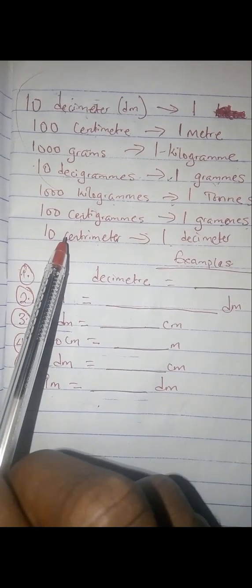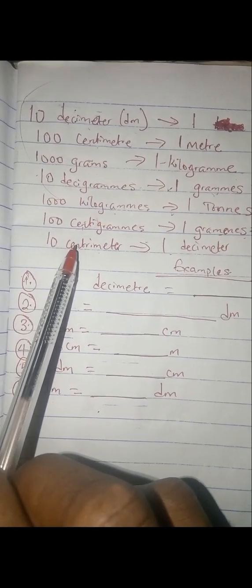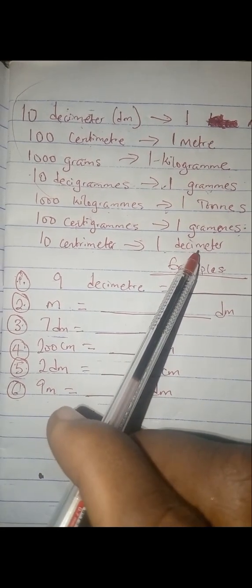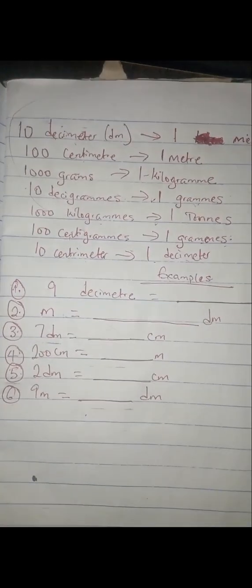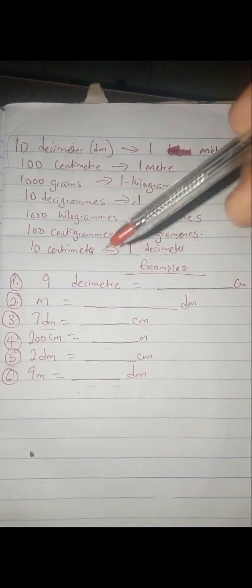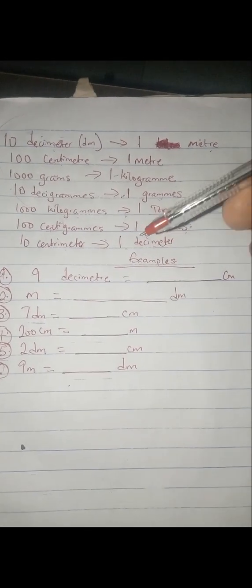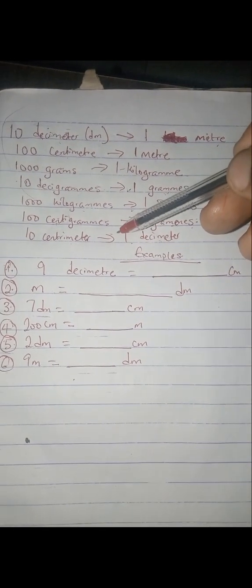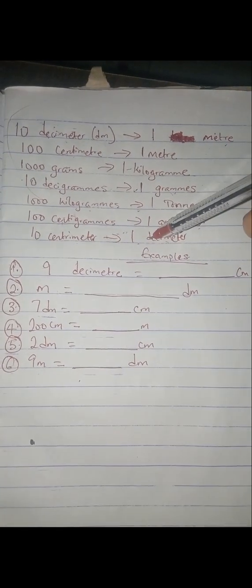1 gram. And please, this one is something you should not forget. 10 centimeter will give us 1 decimeter. Please take note of this. Alright, let's look at a few questions. Now we have 9 decimeter equals to what? 9 decimeter equals to what? Dash centimeter. From our hint here, we have 10 centimeter will give us 1 decimeter. That means for you to get